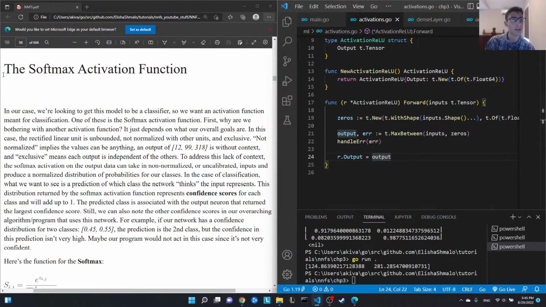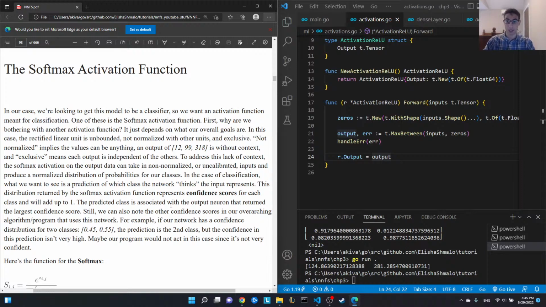In this one, we're going to talk about another activation function called the SoftMax activation function. Now here we have a massive paragraph, which I'm going to try to sum up in the best words I can. Why do we want the SoftMax activation function instead of the rectified linear activation function? Well, we are going to be using the SoftMax activation function in the final layer of our neural network. That's its purpose. It's not supposed to be used in the hidden layers, it's supposed to be used in the final layer, but